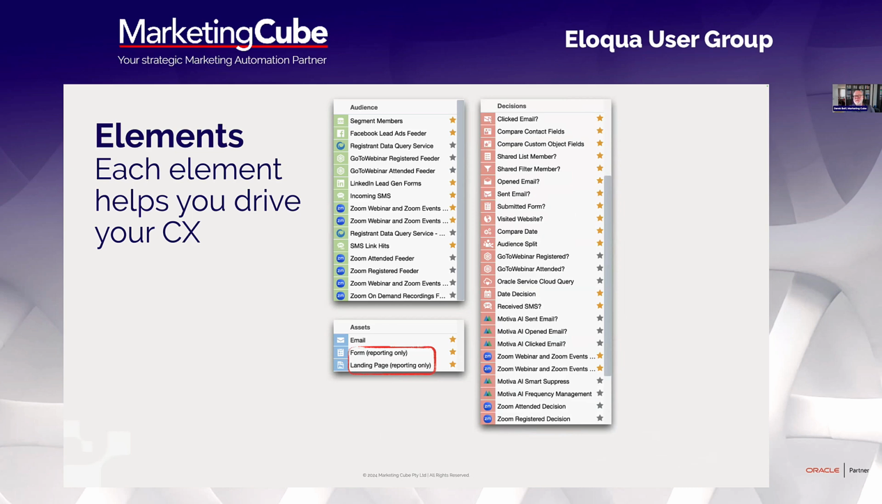So here are all the decisions, and you'll see many of the decisions have question marks after them, which means it's a yes/no response. Things like compare contact fields, which you've got here at the top. What that one enables you to do is identify a particular value on an individual person's contact. Let's say, for example, industry. It could be one of them. Or if in the university space, it could be